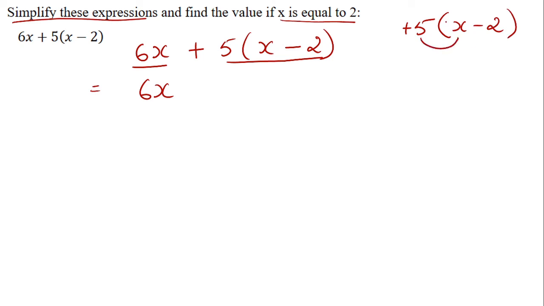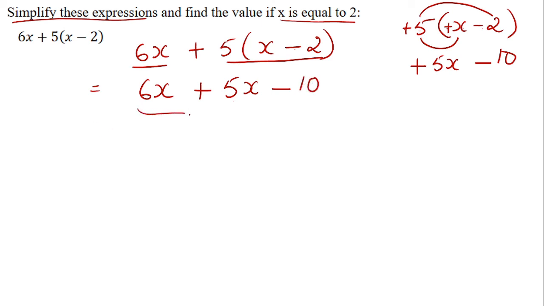So no sign means plus. Plus into plus is plus. 5 into x is 5x. Then multiply this. Plus into minus is minus. 5 into 2 is 10. So when you're simplifying, you get 5x minus 10. Further simplifying,